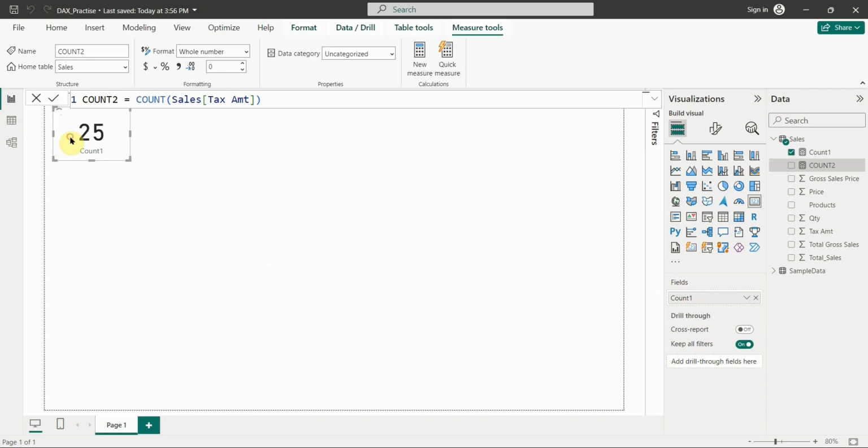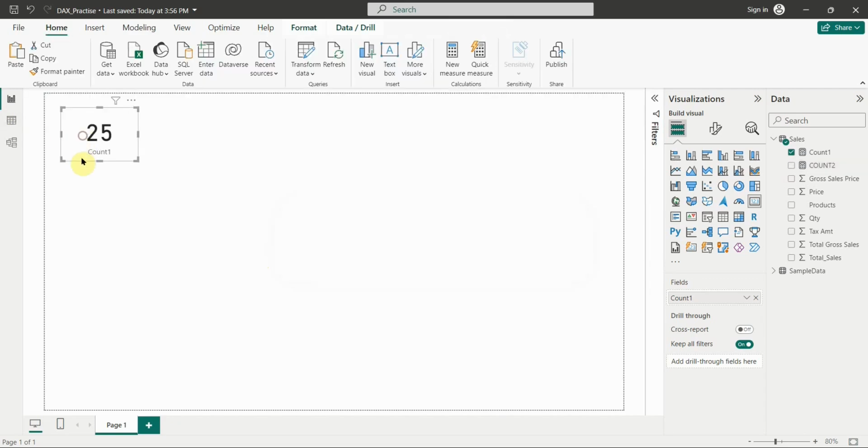Let me copy this card visual and move it here. Let me remove the count and use the Count 2 measure that we have created, and you see the count has changed. Previously, when we took the Total Sales column, the count was 25. Now we took a different column, the count is 21. So what this count function has done is it has excluded the blank rows in that particular column